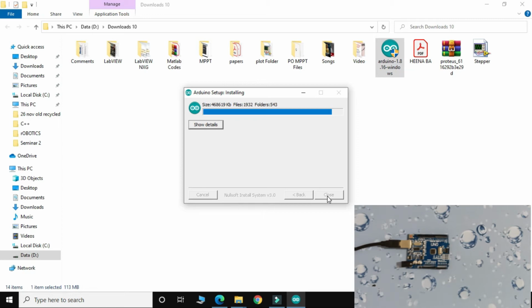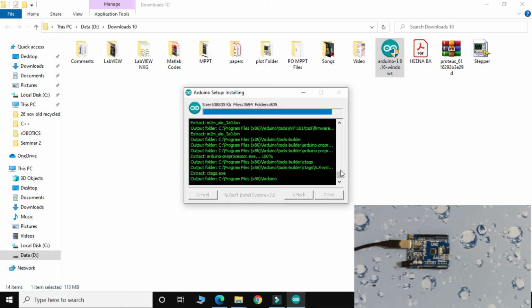It will create a shortcut on your desktop also. You can check the installation process from here also.